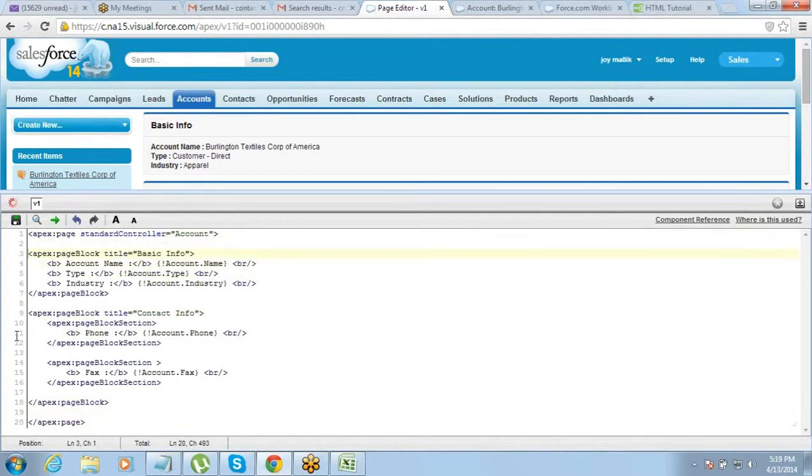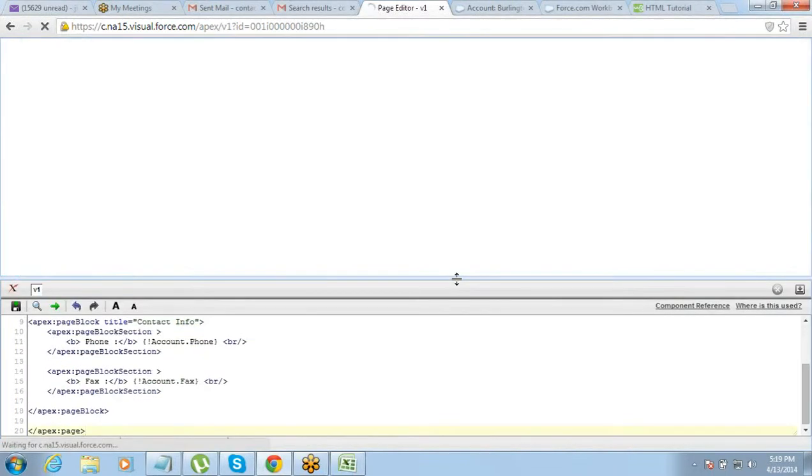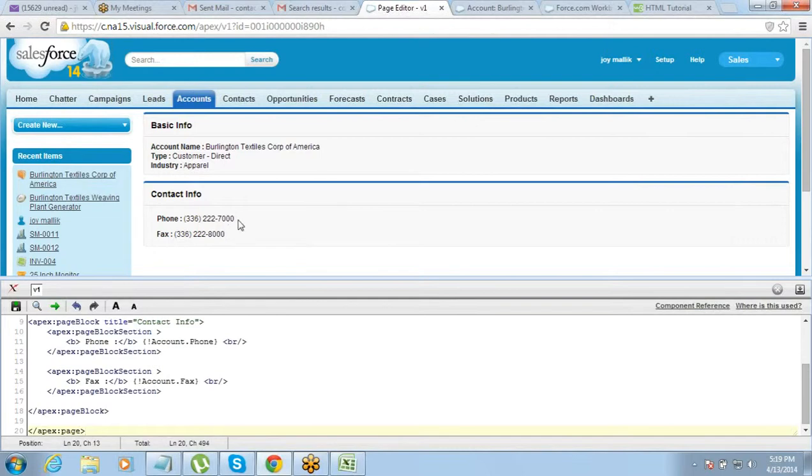So these 2 things, phone and fax, have been broken into 2 different sections.